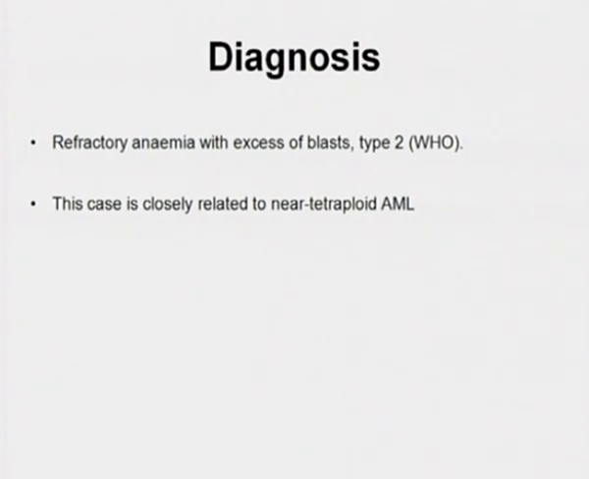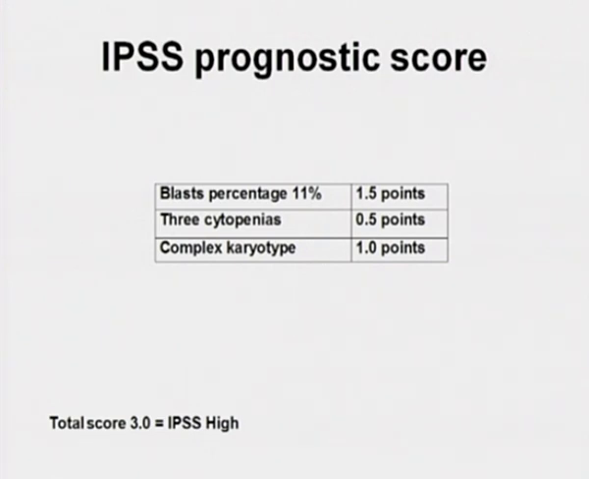Final diagnosis. Following the rule, it is refractory anemia with excess of blasts, type 2 according to WHO, with 60% of blasts, or 11 in the bone marrow. But in the new WHO classification, near tetraploid acute myeloid leukemia is not mentioned. So following the rules, this case should be classified in this way, and according to the prognostic score,